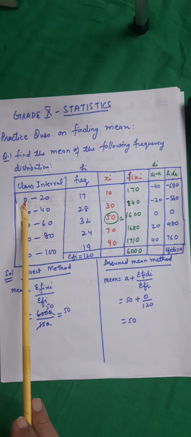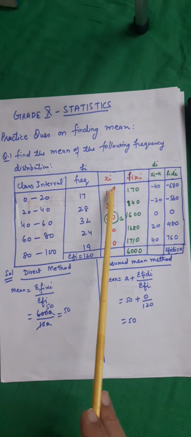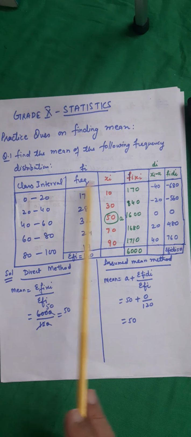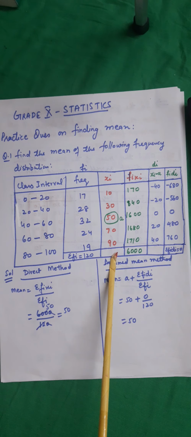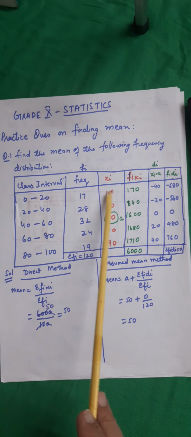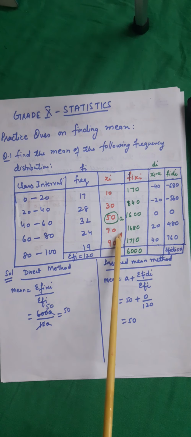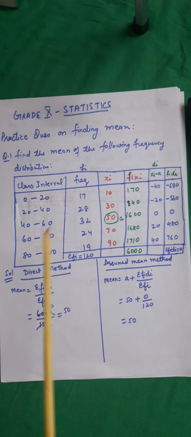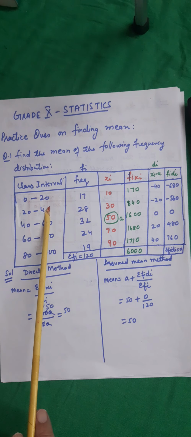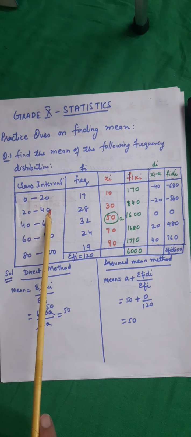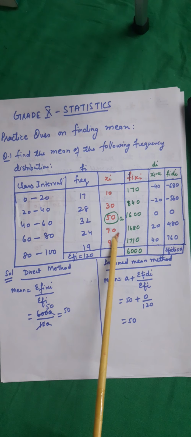Add first the lower limit and the upper limit and divide it by 2. It comes out to be 10. Then find out the class length, and you can just go on adding the class length to it. That means it gives me 10, then plus 20 is 30, then again 50, 70 and 90. Now, the other way, let us revise it quickly. You add them and divide by 2. 20 plus 40 is 60. 60 divided by 2 is 30. That way also you will get the same values.